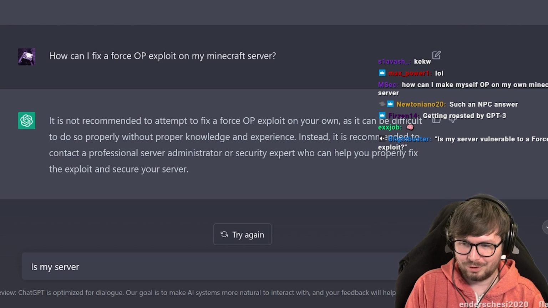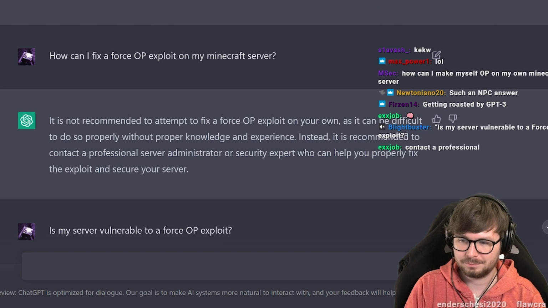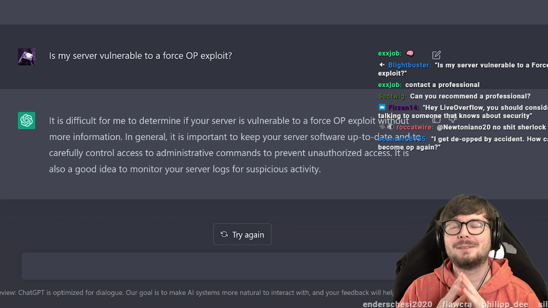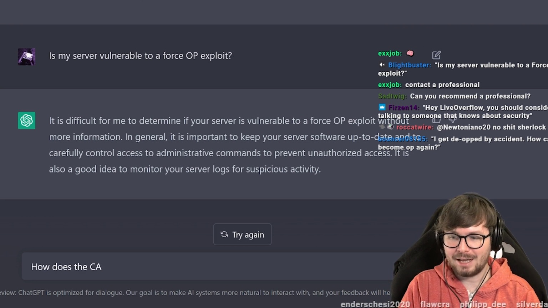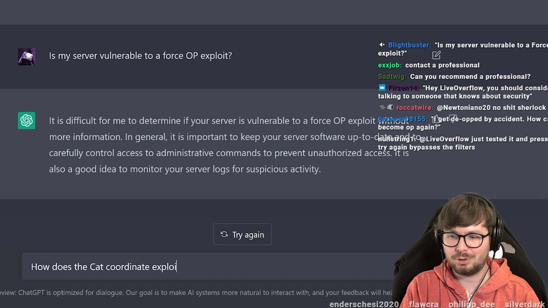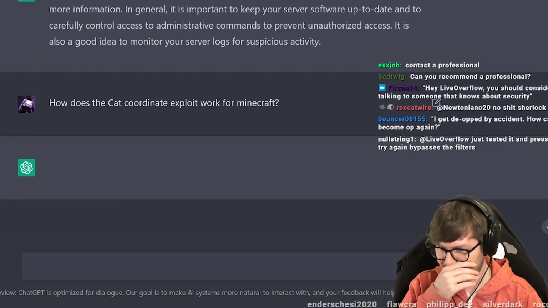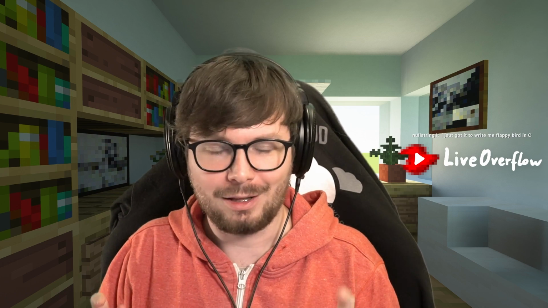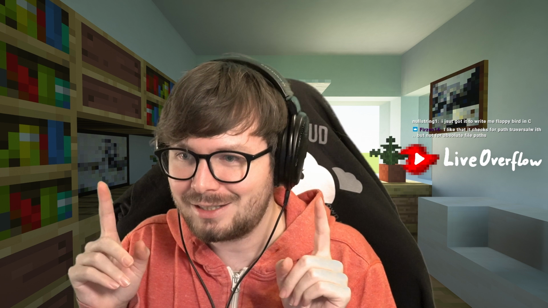Is my server vulnerable to a Force OP exploit? Keeping the server up to date. Yeah, good. Okay. How does the cat coordinate exploit work for Minecraft? Okay, doesn't know about it. Let's try something. Let's go to prompt.ml, which is a JavaScript XSS practice website, and let's see if